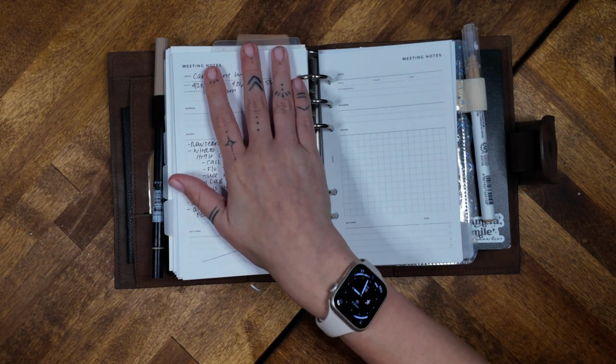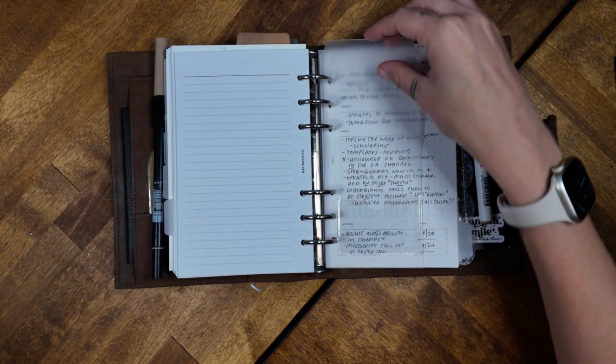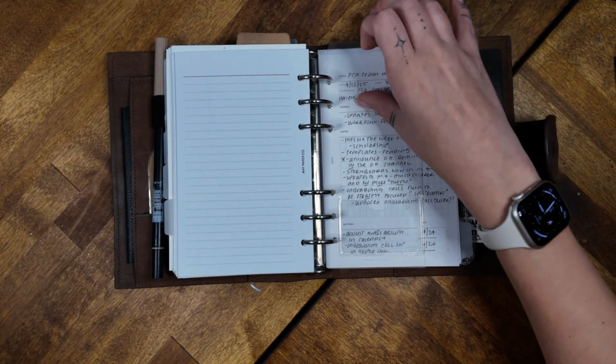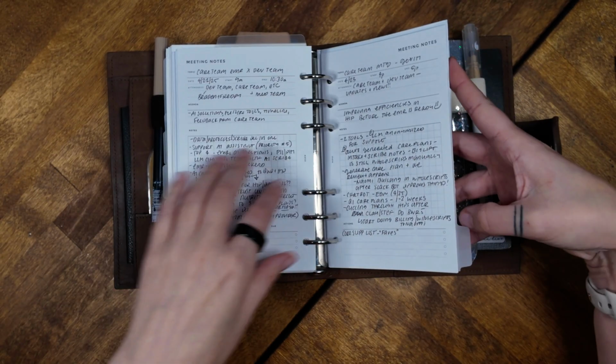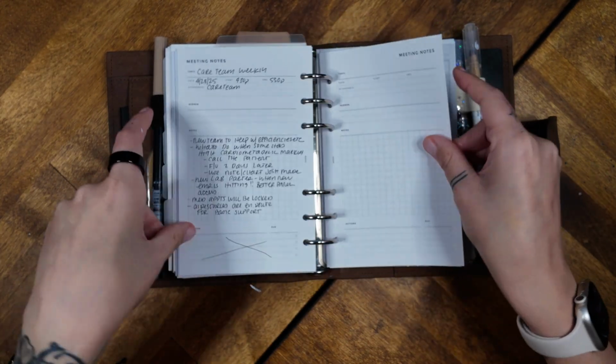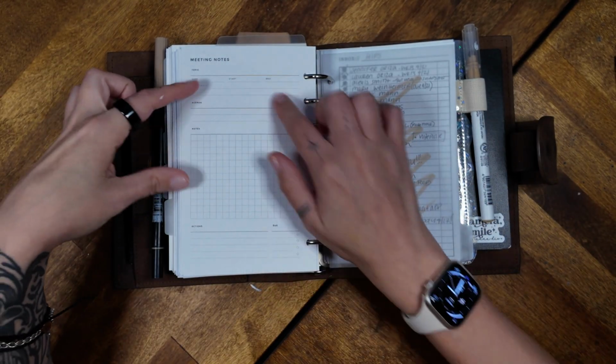I've been loving this because it helps me stay focused when I have meetings. And I just have it divided. This is a Planex Stowe little page divider that I use just for meeting notes. And so I actually need to put more of these inserts into here because I only have 4 more spaces